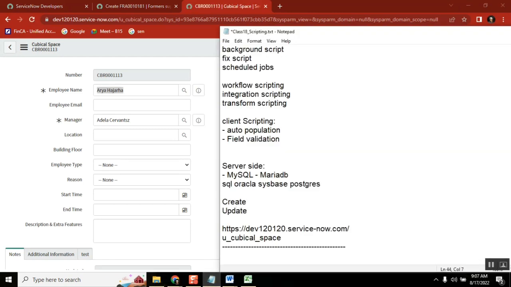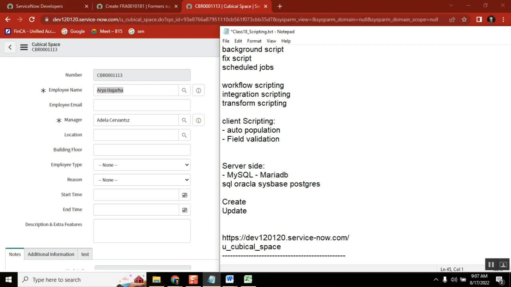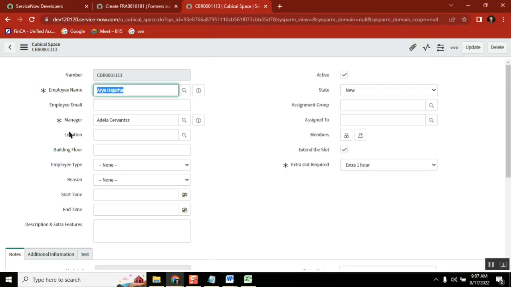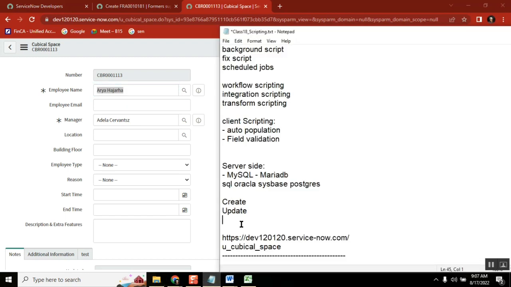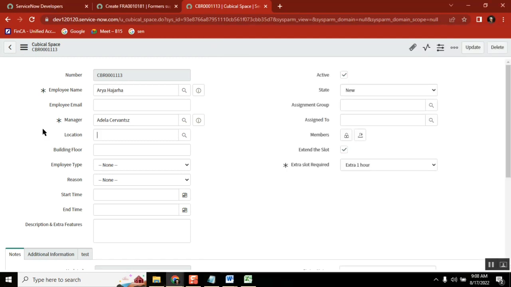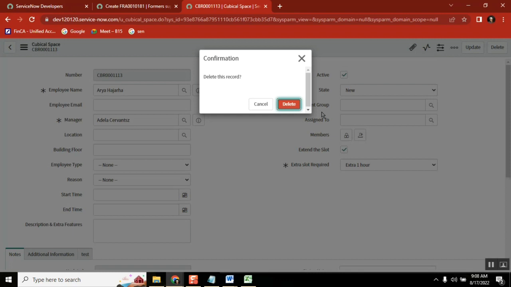Okay, create, update. So now you are seeing this data, that means you are reading the data, right? Read is also there. If you don't have that access, you cannot see it. So read is always there. You are opening a record and then you are seeing it. So reading, and then finally if you hit this button, what will happen? It will delete the record,